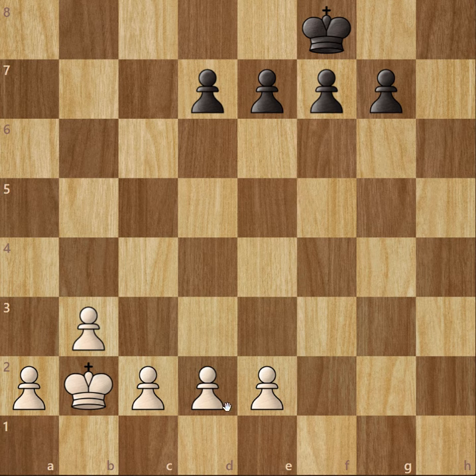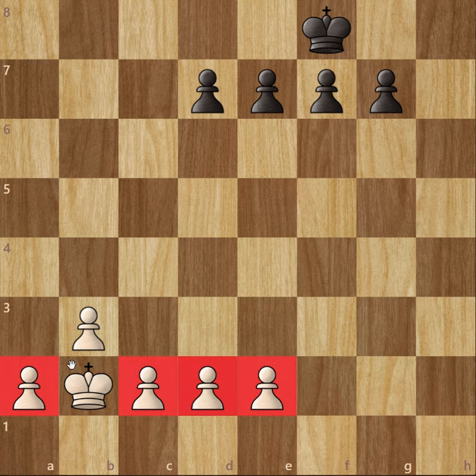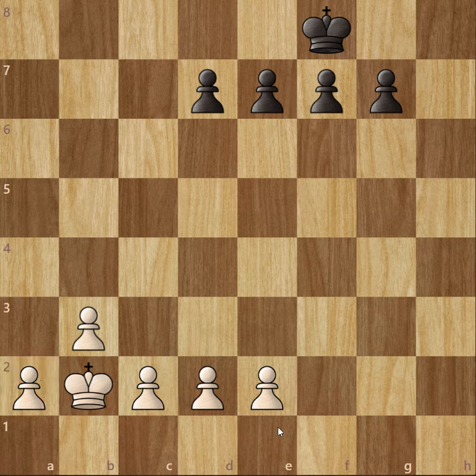Now pawns have a special rule. This pawn has never moved in the game, because pawns always start on the second rank for white. All of these pawns have never moved yet. Only this pawn has moved one square. Now what pawns can do is, on their first chance, like these four pawns which have not moved yet, they can move two squares, directly from here to here.